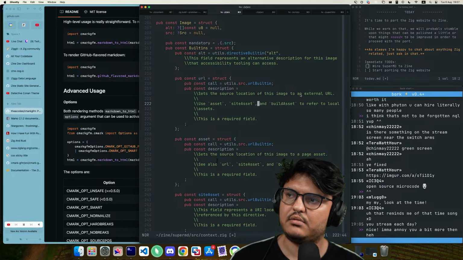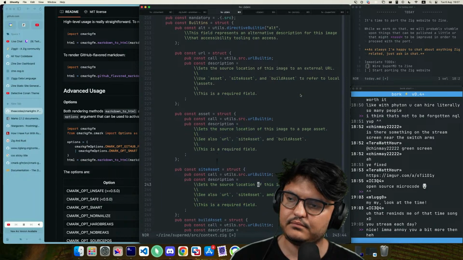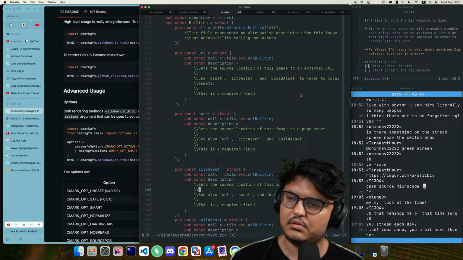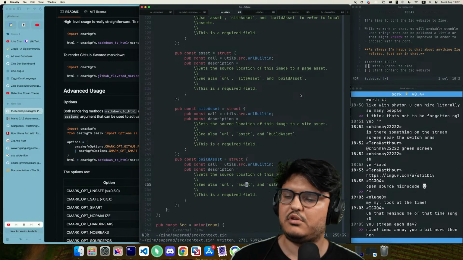Oxford comma. Let's go. Sets the source location of this image to a page asset. There we go.